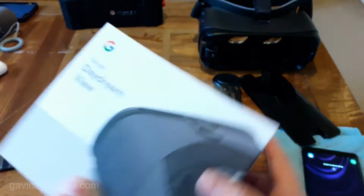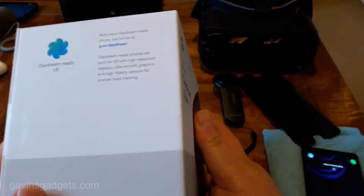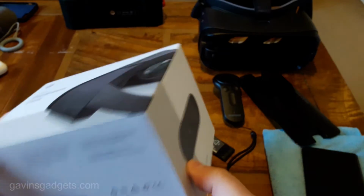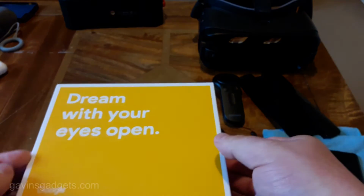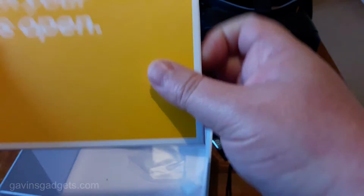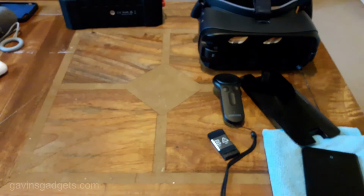Gear VR. This is the Daydream View. I'll now show you how this is, and what you get. Box sort of broke the mould here when you open it, so you had the controller went there, and I'll show you that. A couple of leaflets and cards. Not very exciting, to be honest. So let's just show you what you